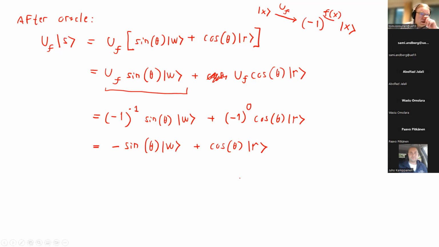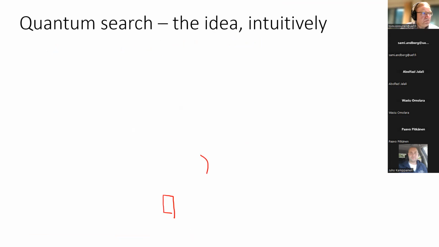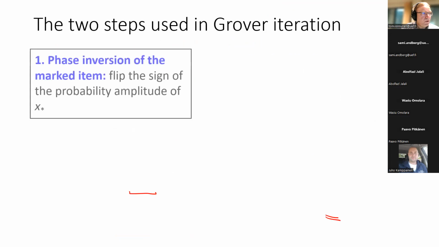So there you have it. This time we just used the property of the Oracle. We are not cheating like in the Google Colab code that I showed. When you apply the Oracle circuit to this arbitrary state, it flips the phase of the item we are looking for, and doesn't do anything to the phase of the remaining terms. Okay, let me repeat. Wait a minute, where do we have it?